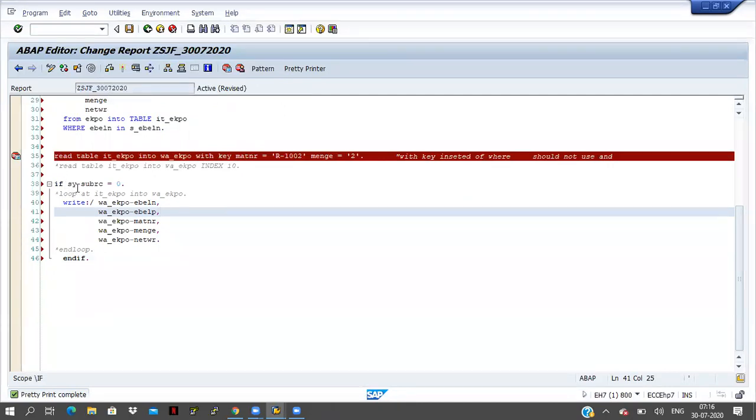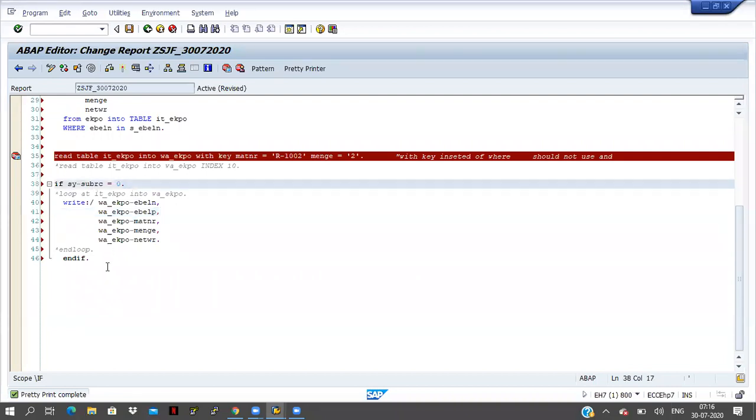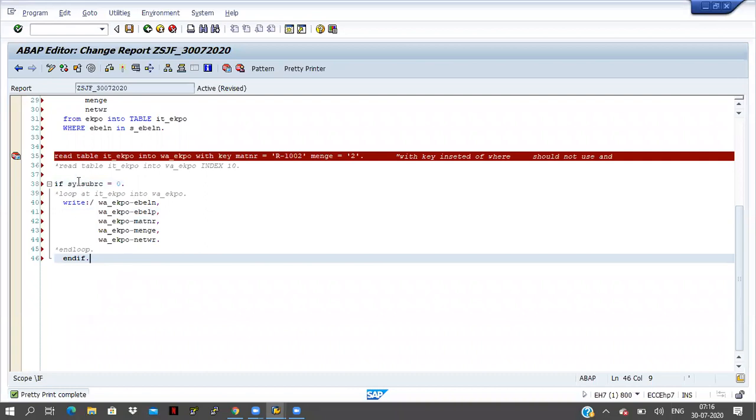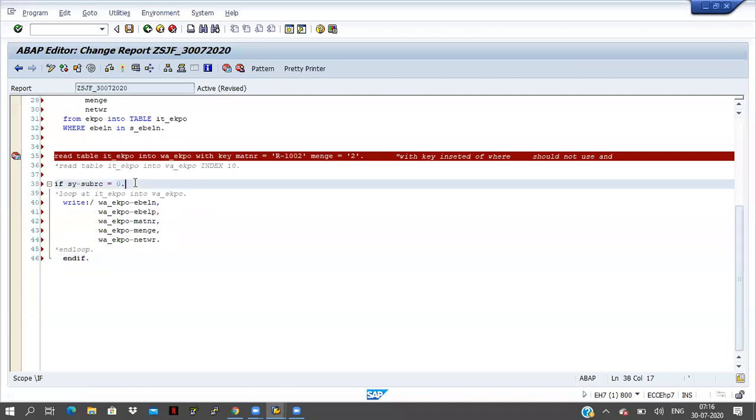Why am I giving this condition? See the above line. If the above line is executed successfully, then only I have to go for this line. Otherwise, it is not required to go for this WRITE statement because no data is there in the work area. Then what is the use of displaying the data? Not required, right? That is why I'm writing this condition.